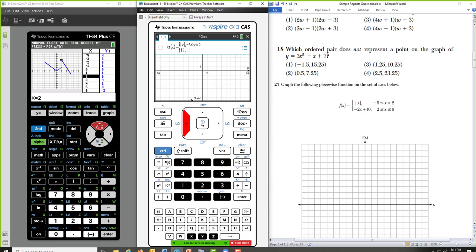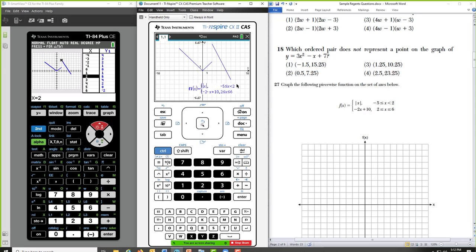And I am going to have a job for you too. -2x plus 10, right arrow, and 2. I want the less than or equal, greater than or equal, x, and then once more back to the well, and let's put it in 6. Press enter, and there you have it.